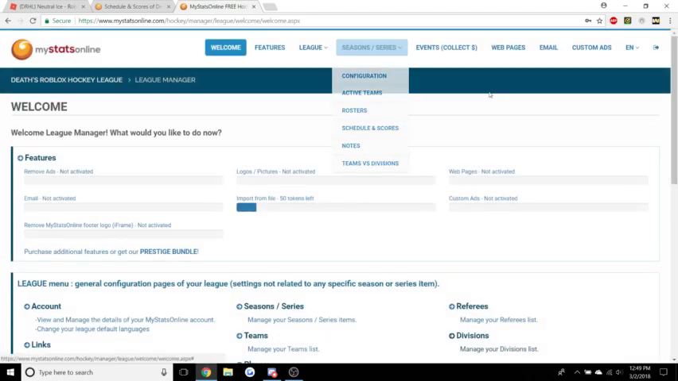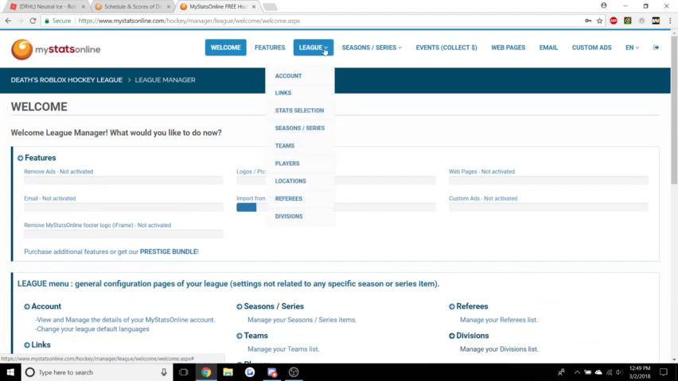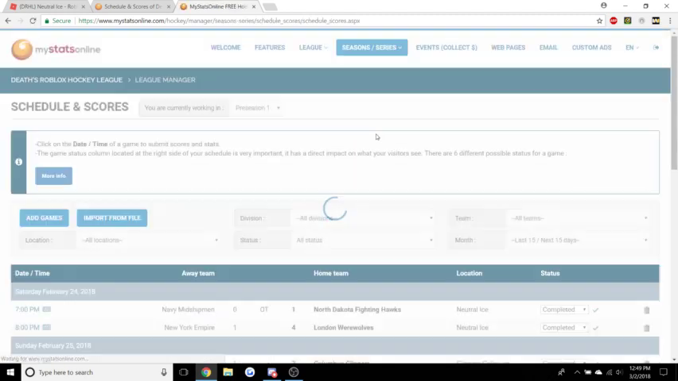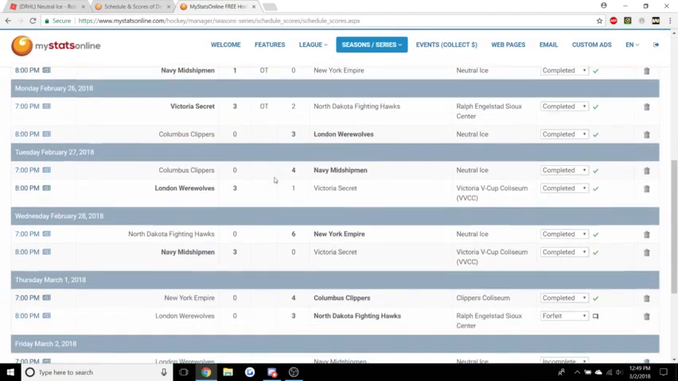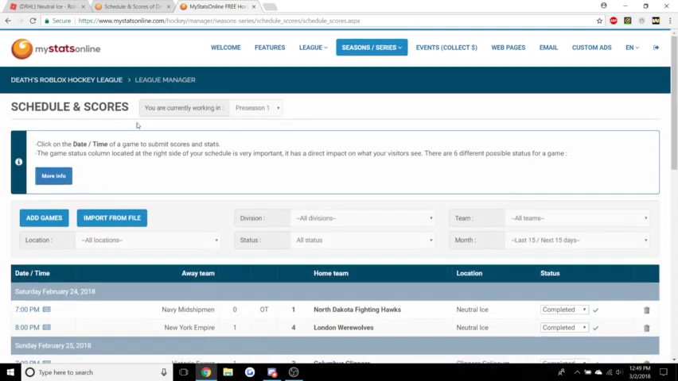So once you're in here, you just get a bunch of tabs over here. Don't pay attention to any of this, really. You're mainly going to be dealing with seasons, series, and schedule and scores. So once you bring that up, you're going to get a list of all the games that happened this day. This is currently the preseason. If you want to switch over to the season,